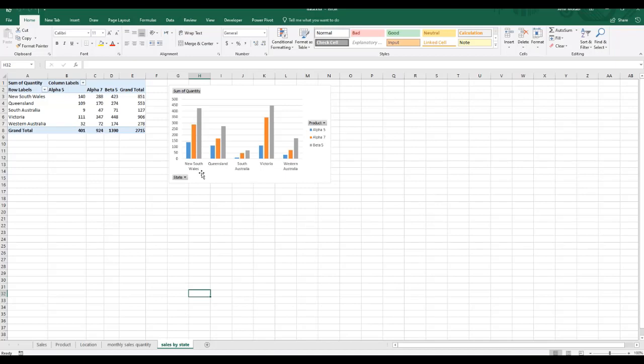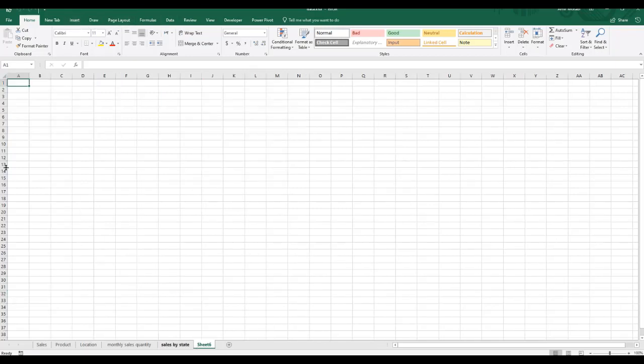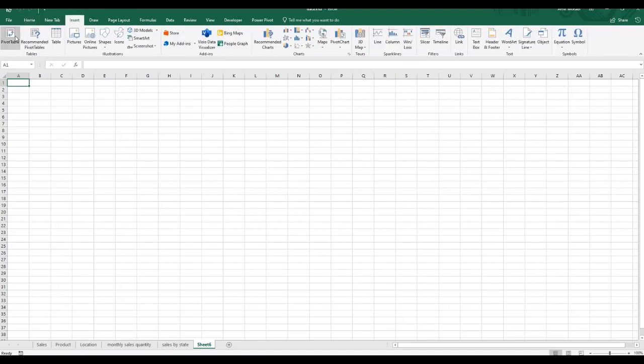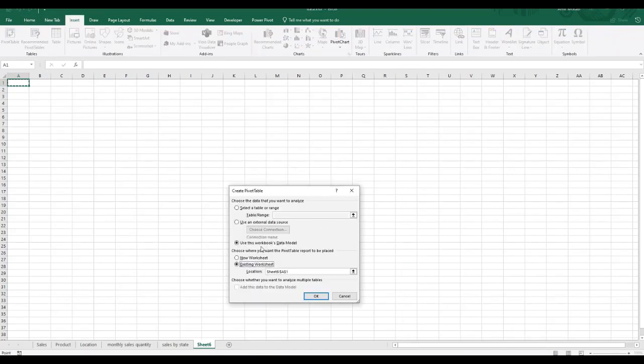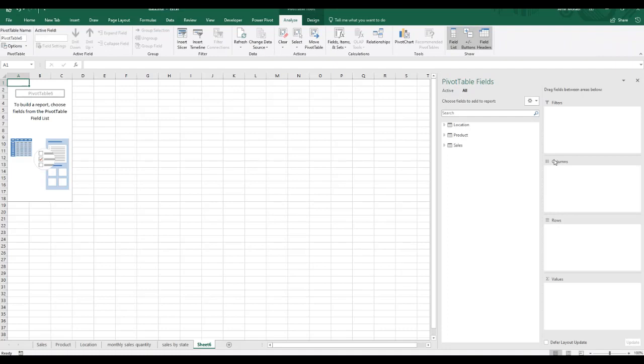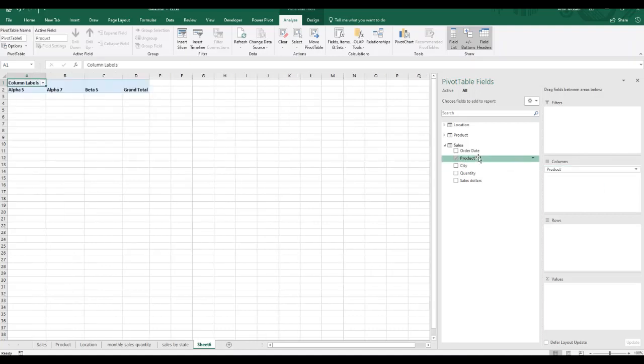After closing the data model, we can create a new sheet here, go to pivot table, again choosing data model, and then here you can see that sales dollars has been added to the list of fields from the sales table. And now if you want to do any analysis based on the product,